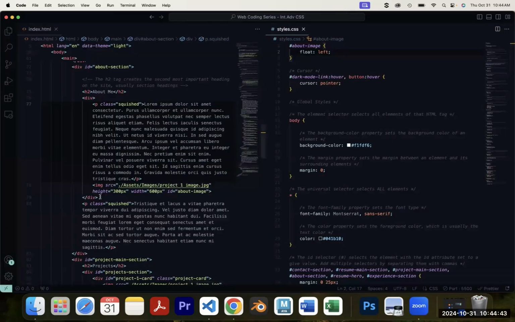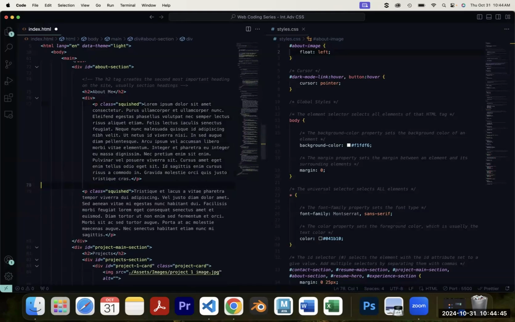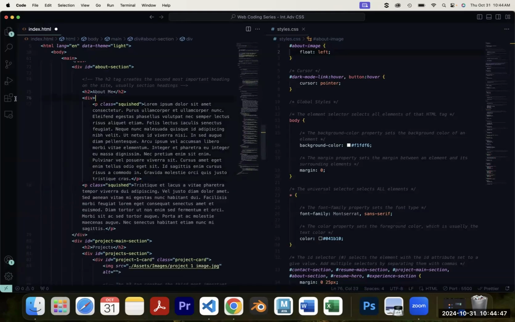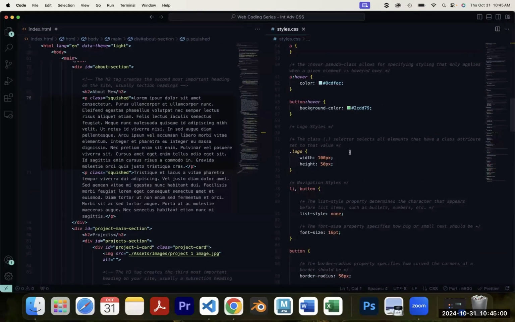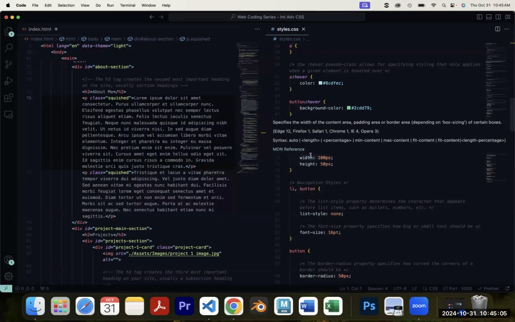So I'm just going to delete all of what we did. It's just an example of something that you can do, but we're not actually going to have that in our final project. Cool. So I am going to scroll down in my CSS because we are actually going to add this float